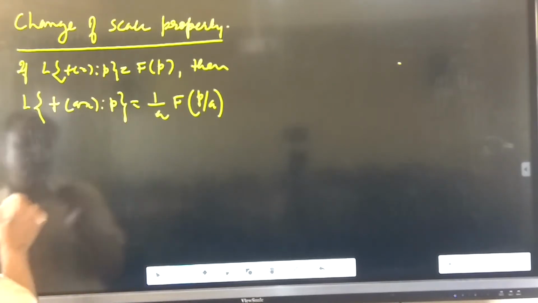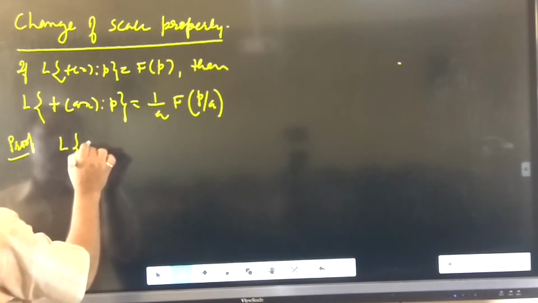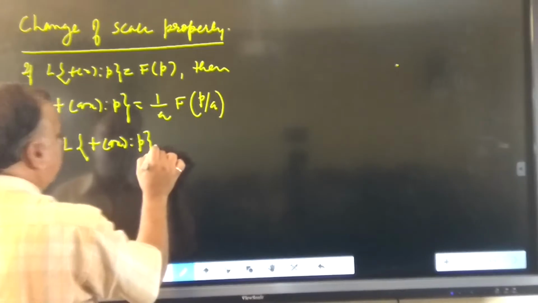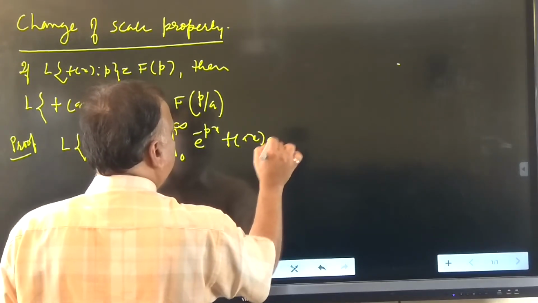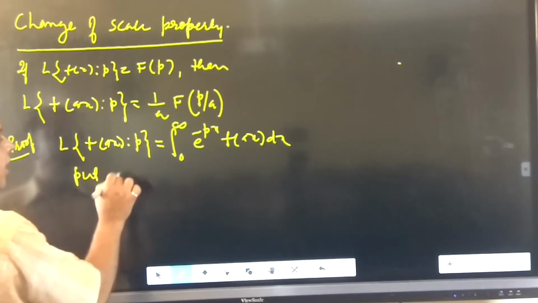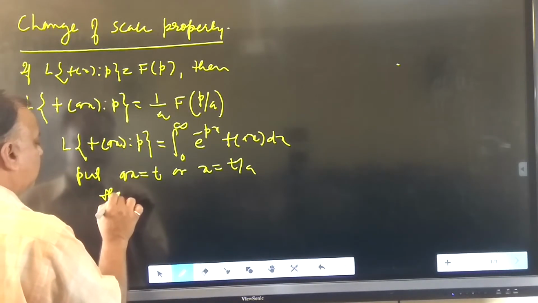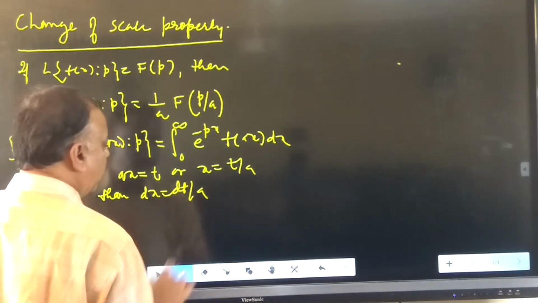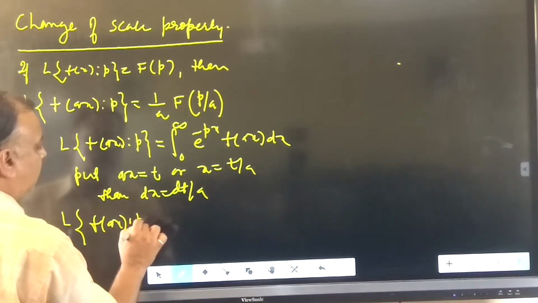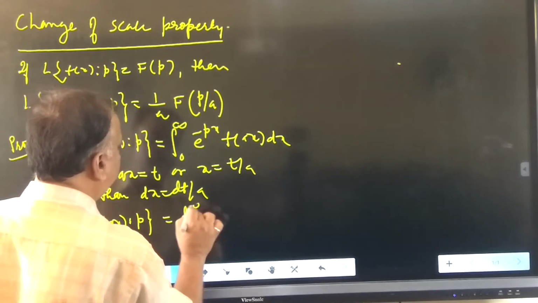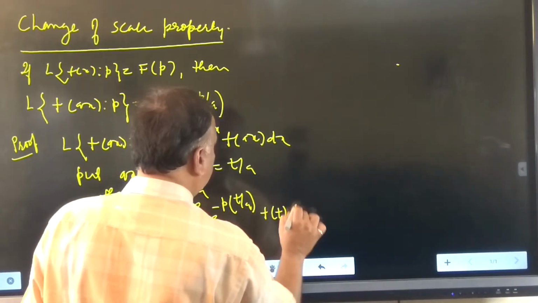We can prove this property by taking the definition of the Laplace transformation. The Laplace transformation of f(ax) with respect to parameter p, by definition, is the integral from 0 to infinity of e raised to minus px f(ax) dx. If we put ax equal to t, or x equal to t upon a, then dx is equal to dt upon a. Substituting this value, we get the integral from 0 to infinity of e raised to minus p, x being t upon a, f(t) dt upon a,